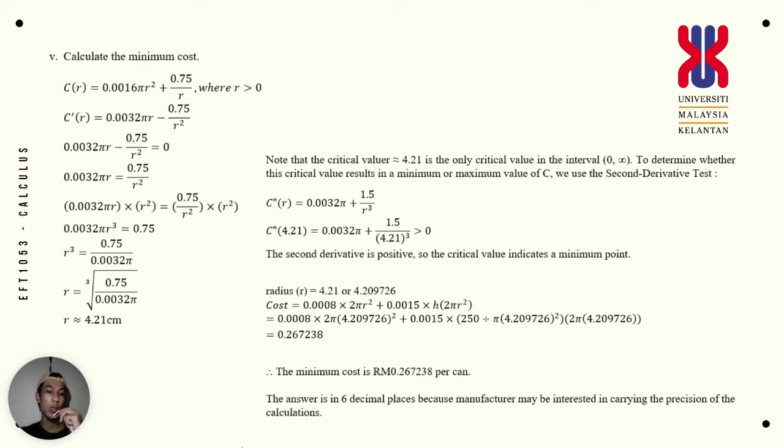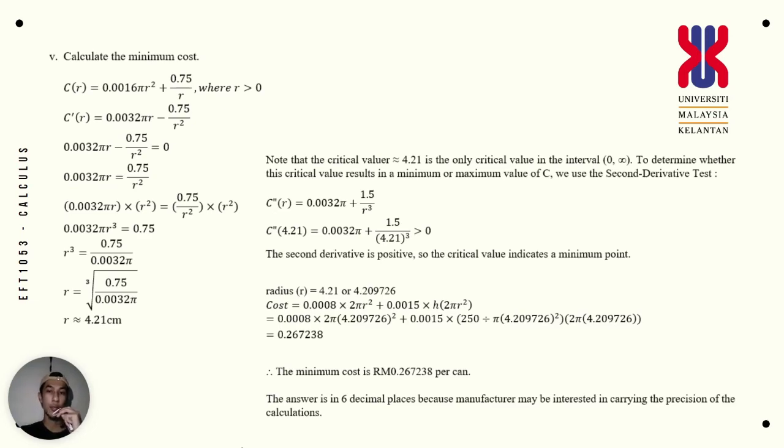So we need to substitute the height and the radius. So after we substitute, we will get 0.267238 for the minimum cost per can. So the answer, we already make it in six decimal places because some manufacturers may be interested in carrying precision